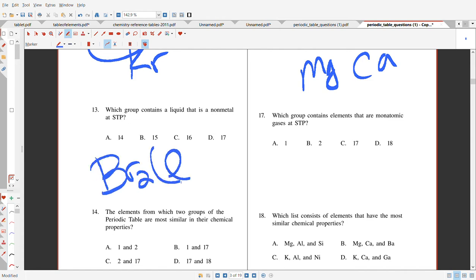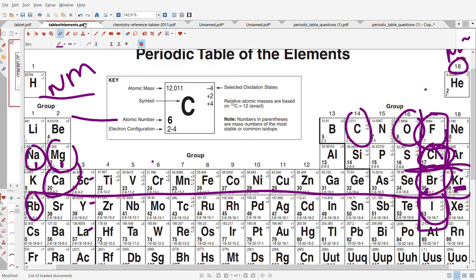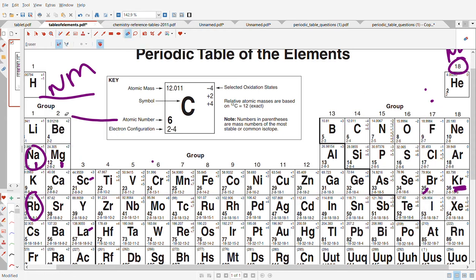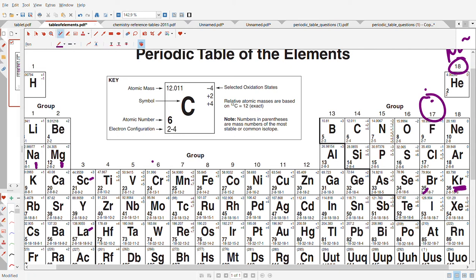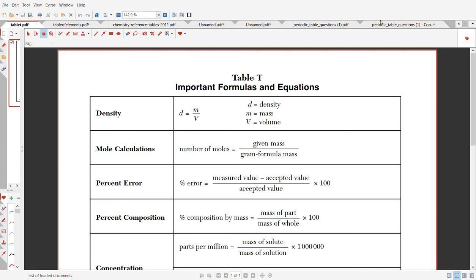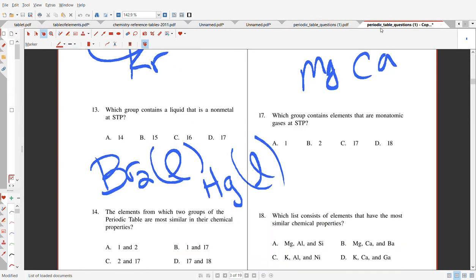Bromine is the non-metal liquid, and mercury is the metal liquid. Those are two you have to memorize, the two liquids. Now here we want a non-metal, so we're looking up Br, and they want to know what group. Br is right here in group 17. So they're asking which group, and it's going to be